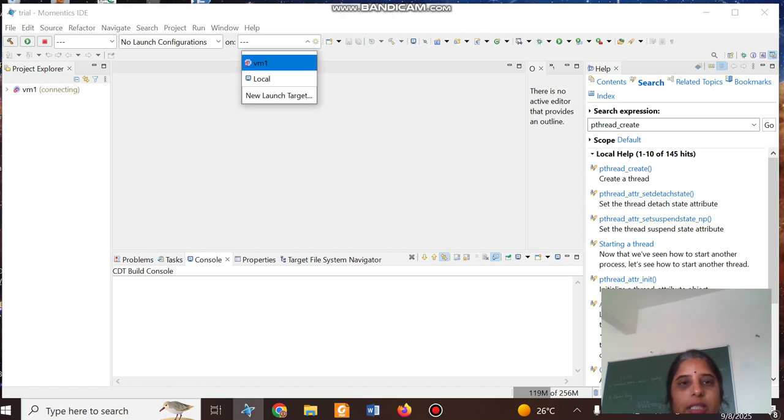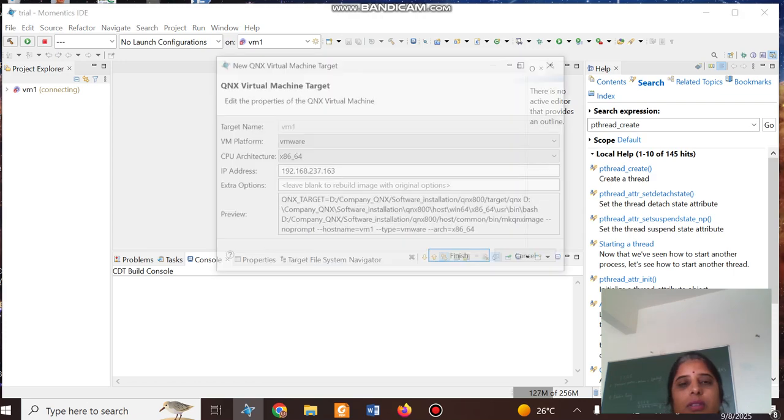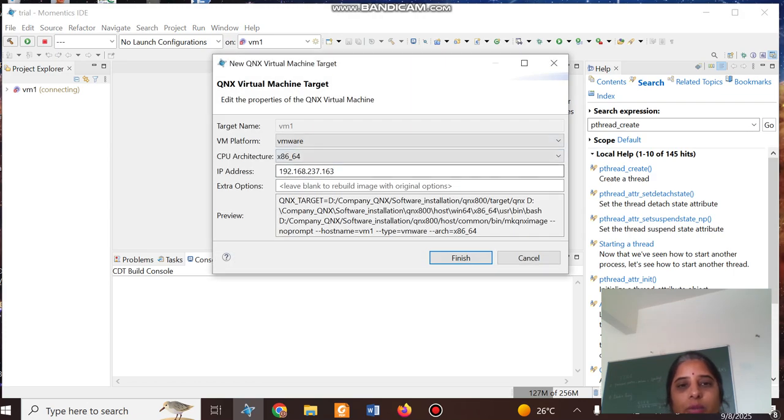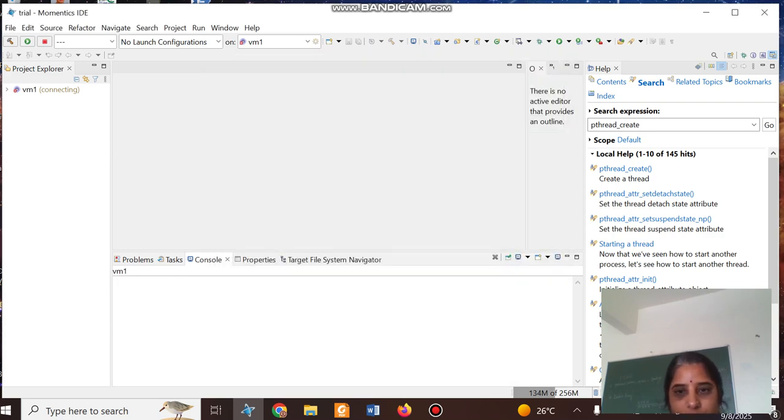You can see that there is an info mark with the VMware. How to make it run? Select it, click on edit. Here remove the IP address and then finish.